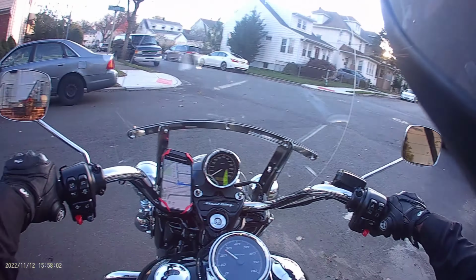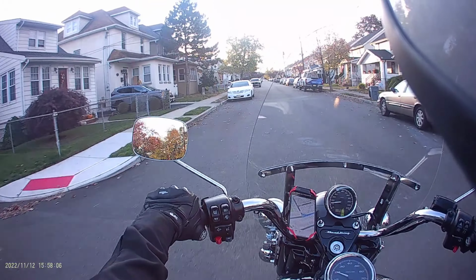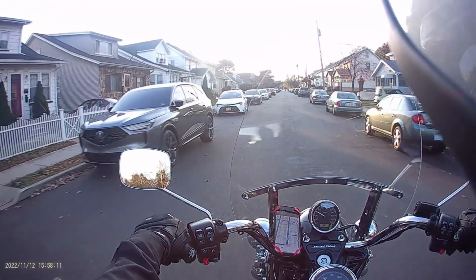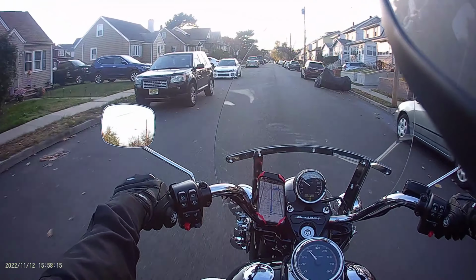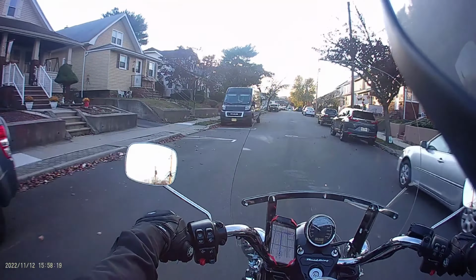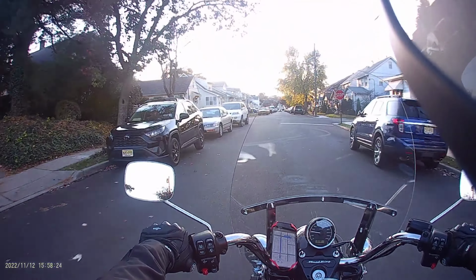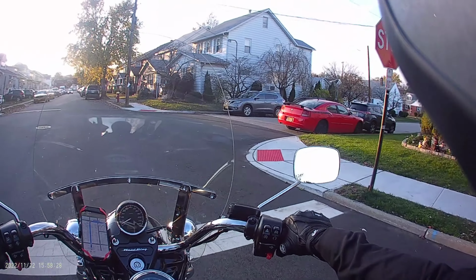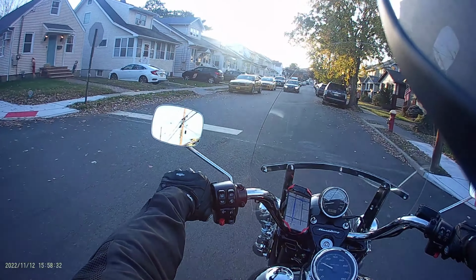Oh, by the way, leaning on this bike is a lot easier than on any other bike because it has a low seat and low center of gravity. Yeah, I know. So, it growls. Oh, it's got, I think, over 100-something horsepower. And I've read online that the max speed of this thing would be 160 miles per hour, which is over-exaggerated because